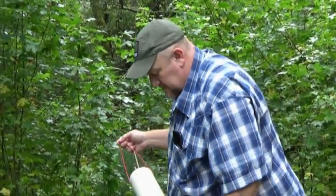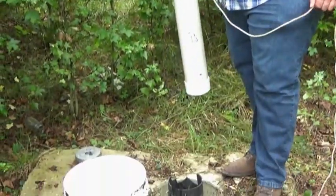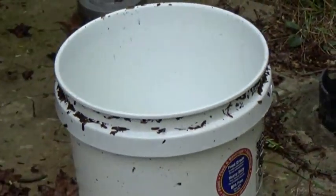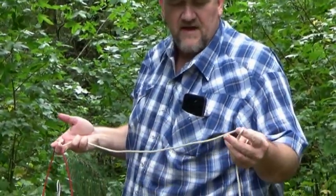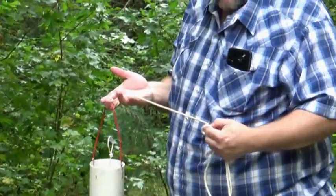Okay, I'm here at a drilled well that's on my property. This well has a 6-inch casing, so there's plenty of room. You know, this 4-inch pipe will fit down in it real easy. Got just any rope that's strong enough to hold, say, 5 or 6 pounds. You can probably use 550 paracord, that would probably work. This is just maybe some 1/4 inch